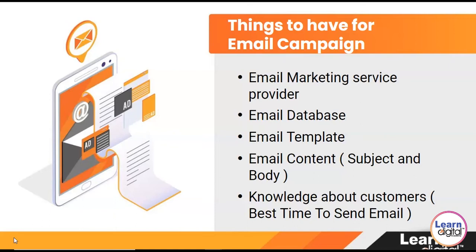Let's say, for example, I have a birthday coming up. Every year on my birthday, I'll get a reminder or wishes on that particular day. So automation is one thing that you can implement in your email campaign, and you should know to whom you're targeting, what kind of customer you're targeting, and what is the right time to target.